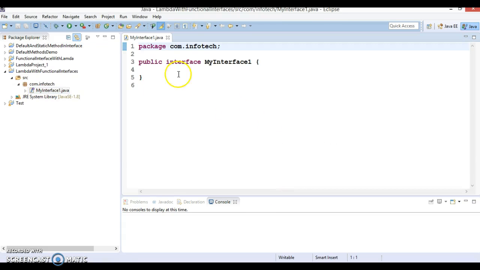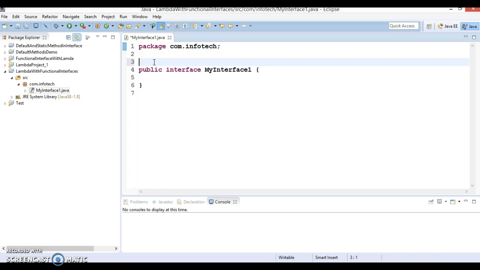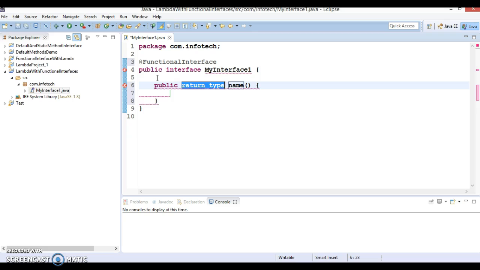So this is an interface which I am going to mark as a functional interface. And here I am going to add a single abstract method. Public abstract is optional when you declare any method in an interface, but still I am going to declare it.